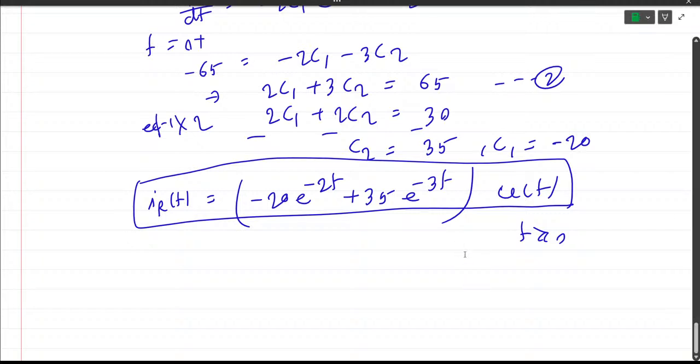There are 5 parts for the transient analysis. In the next class